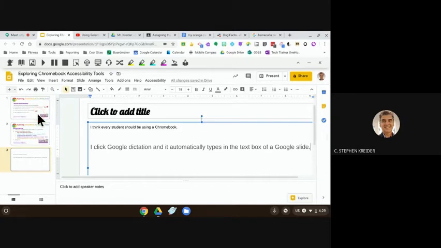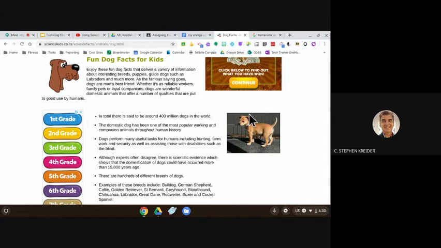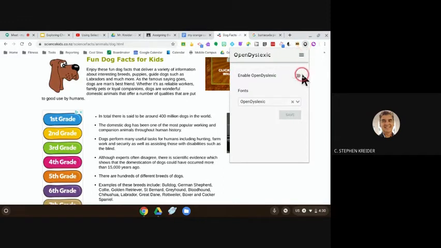an extension called Open Dyslexic. And Open Dyslexic is something that you can find in the Google Chrome web store, and it replaces web page fonts with something that's more readable for people with dyslexia. So if I click and I enable Open Dyslexic,